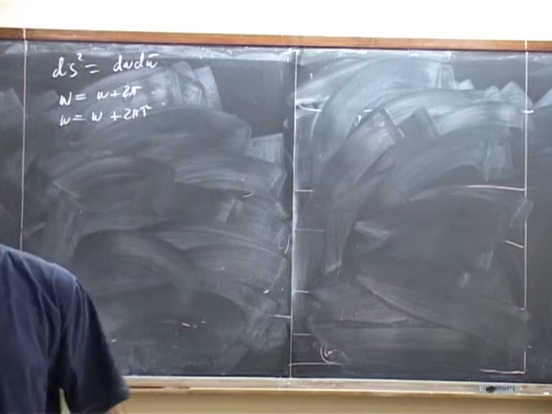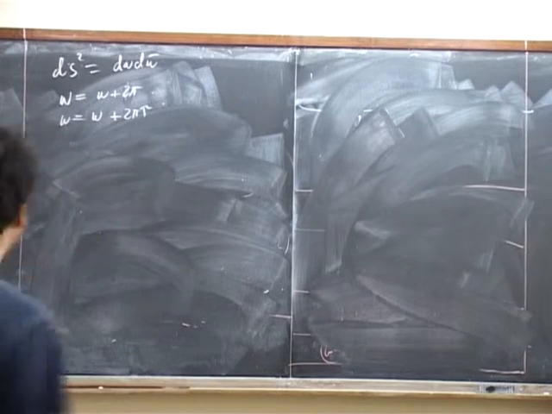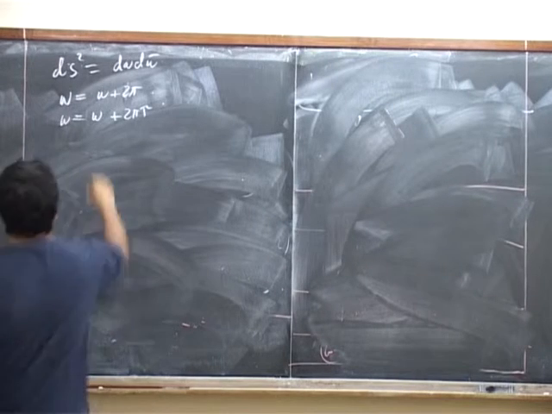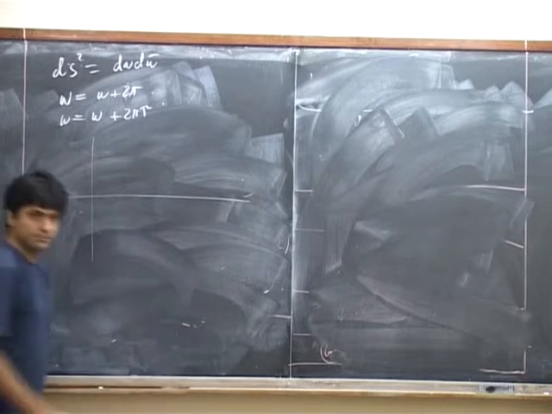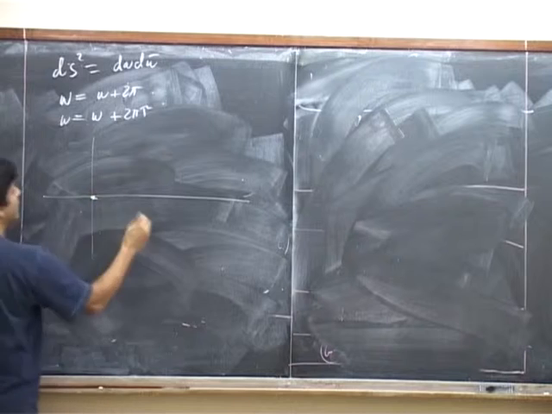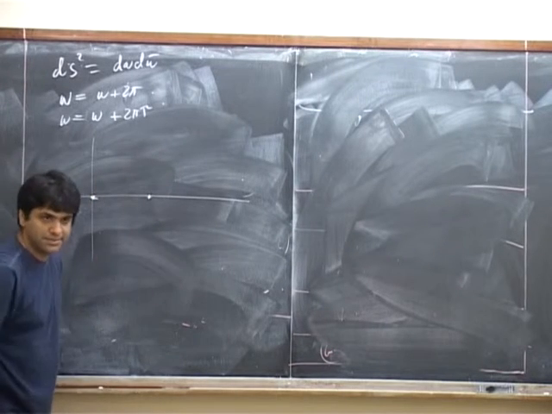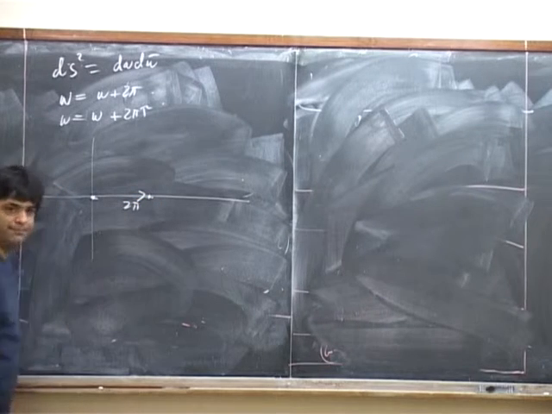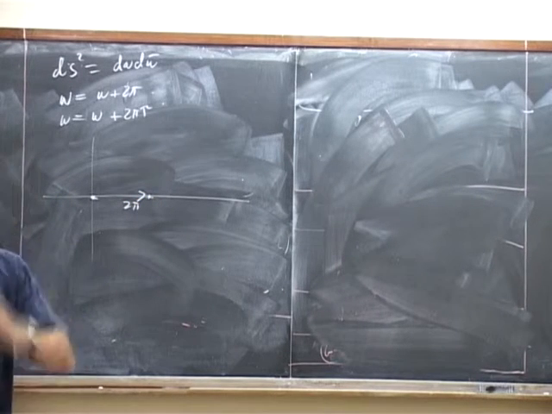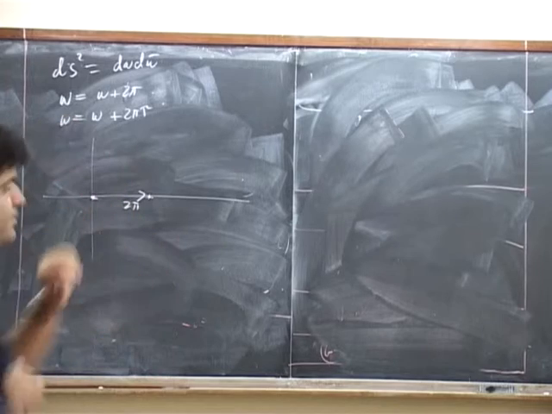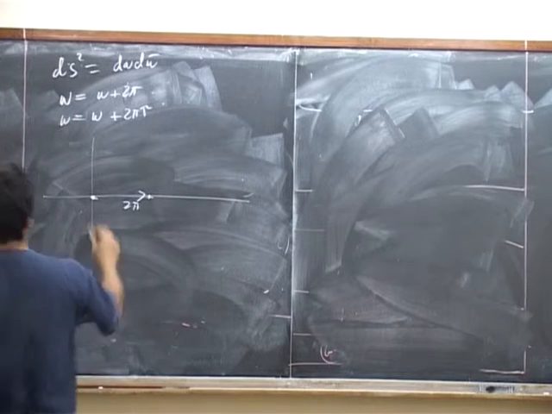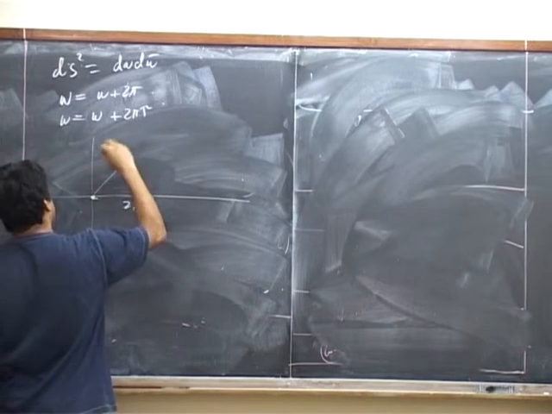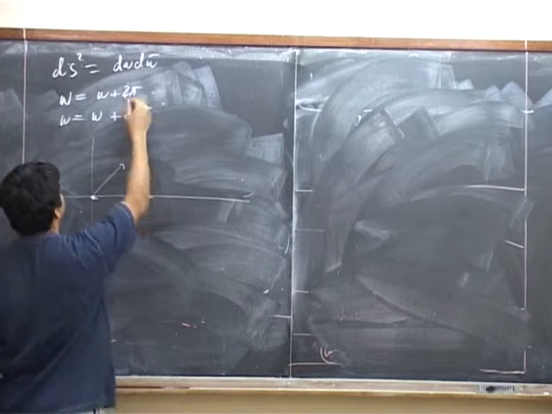Okay? So think of the complex W plane. On this complex W plane, you draw two lattice vectors. The first one is in the real axis direction and it has length 2 pi. And the second one is in some complex direction, whatever it is, and this vector is the complex number 2 pi tau.